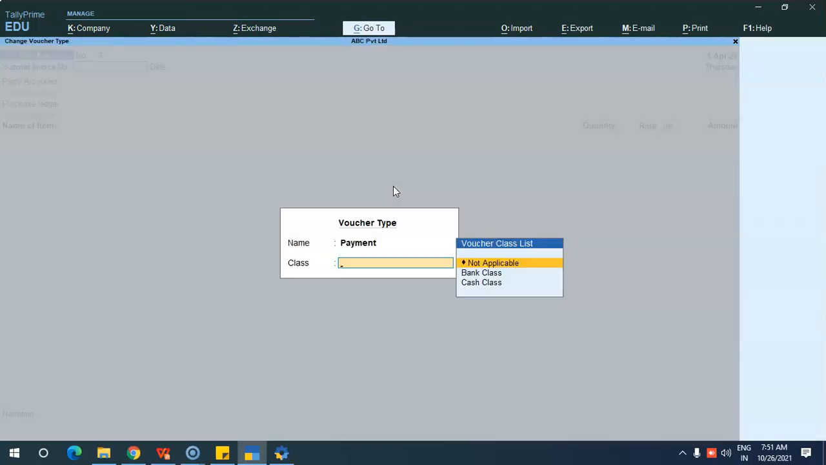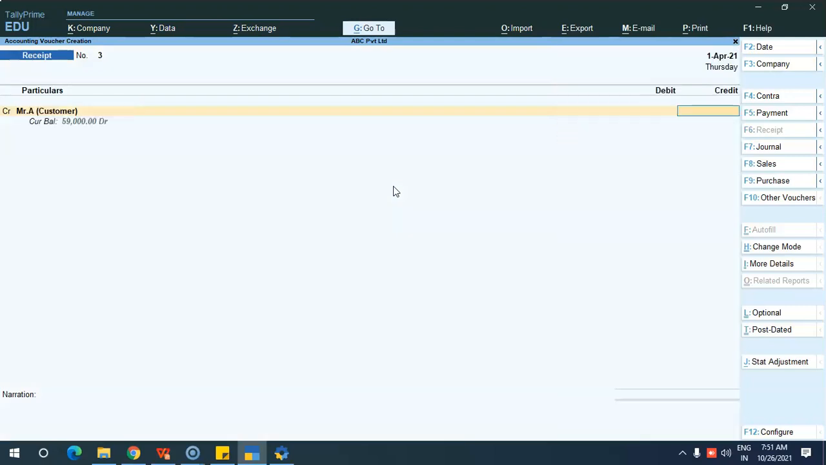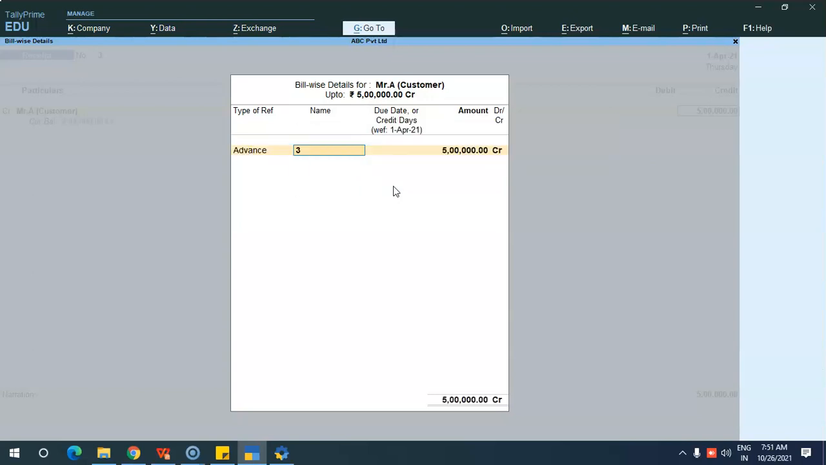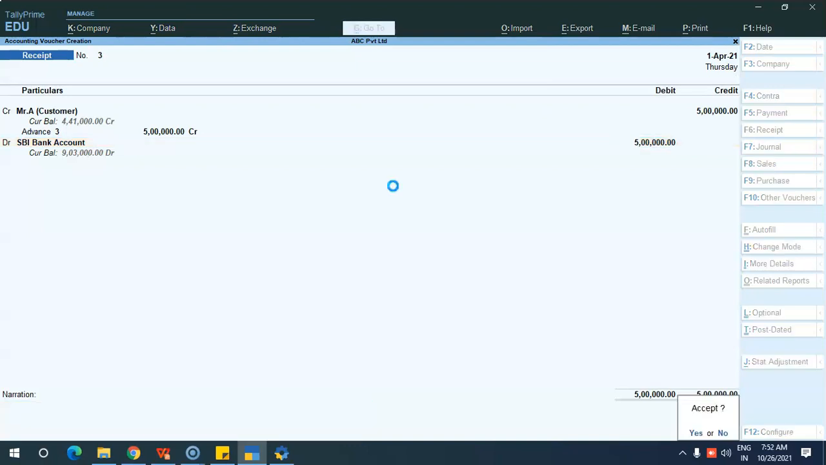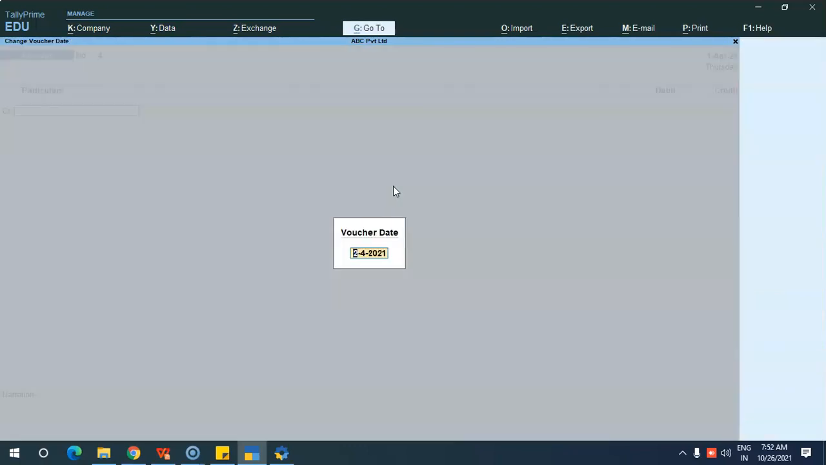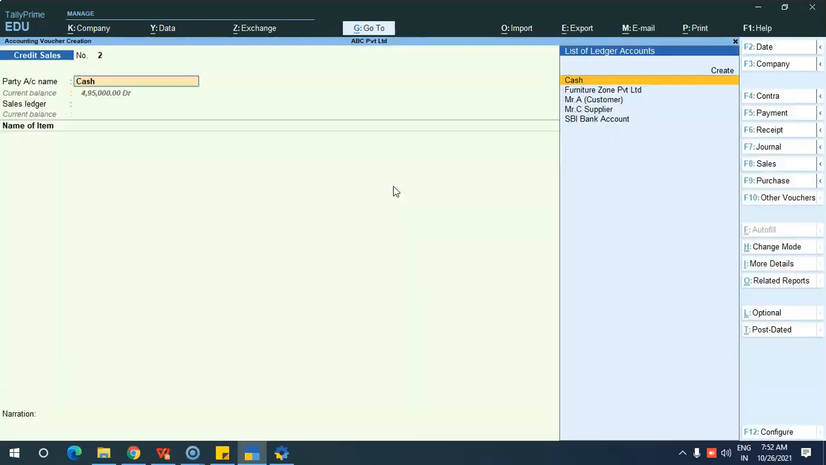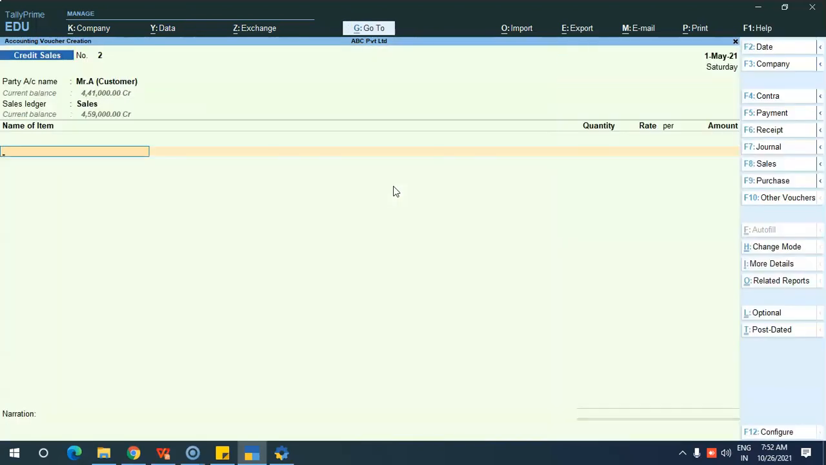So next comes the advance. For example, I am receiving an advance from the customer, 5 lakh, for the sales I am going to make in future. So here I will be giving advance. Okay. So on 1st April I have received an advance, and on 1st May I am going to make the sales. So customer name, sales, keyboard,